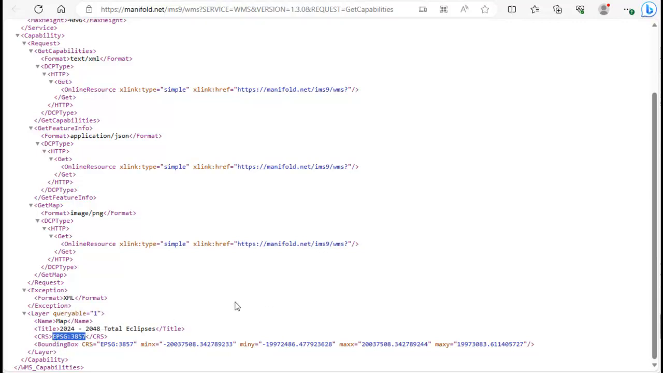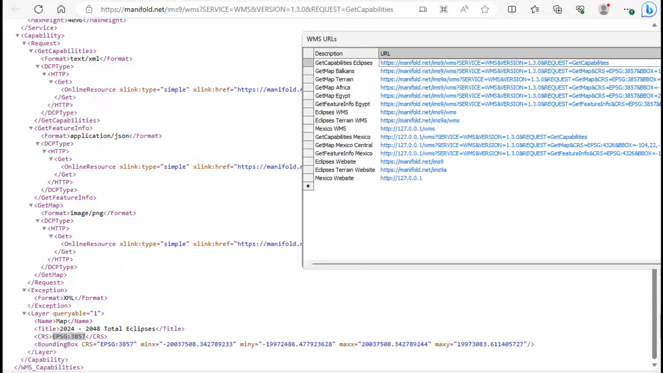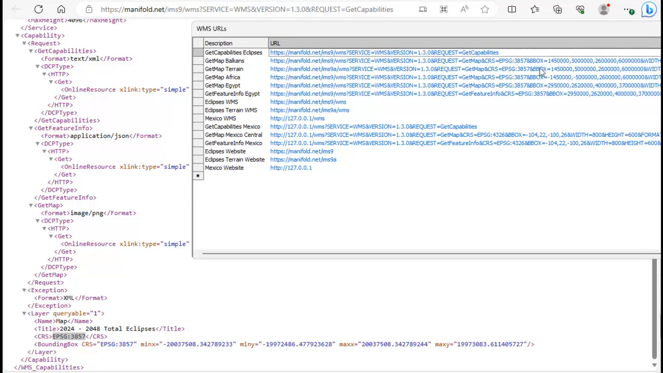3857, which is a Pseudo-Mercator, and it shows the bounding box in min x, min y, max x, and max y in Pseudo-Mercator coordinates, which are, of course, in what do you call them? Meters. There we go. So what can we do with this? Well, we can use this information in various strings like this string right here, the URL string, to use the GetMap request. And what the GetMap request does is, if we go in here, you can see it